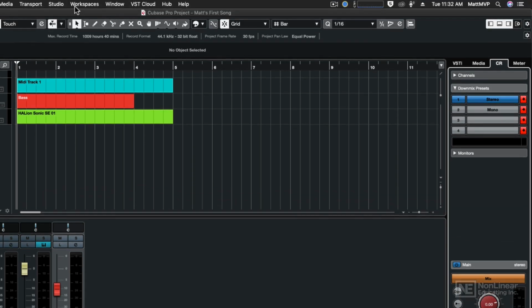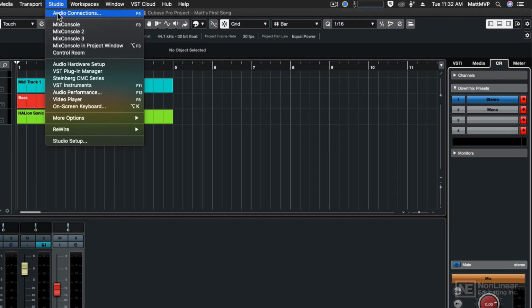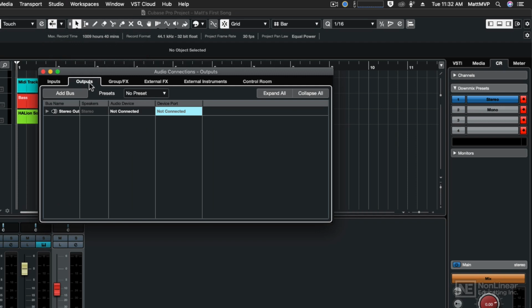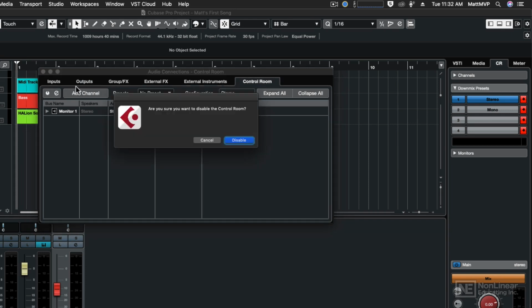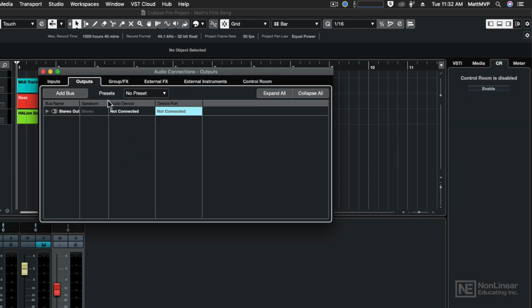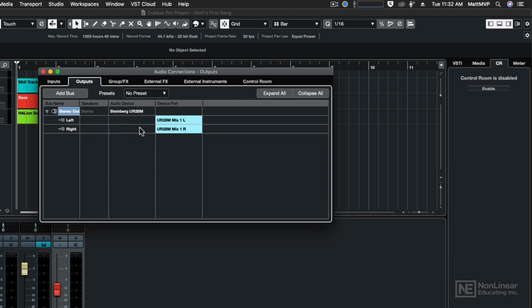If we come over to the Studio pull-down menu and go to Audio Connections, the keyboard shortcut for that is F4. And if we look at the Outputs tab, what we would normally have here if the Control Room was disabled, which I'll just turn off for right now, disable it. If we look at the outputs, typically by default, the output setting is going to be the first pair of audio outputs on your audio interface. But the Control Room overtakes those two settings, the left and the right output. Unless you're in a surround sound, then you'd have 6 settings, or a 2.1 setting, you'd have 3. But it's going to take those first pair of stereo outputs in a stereo project and send them to the